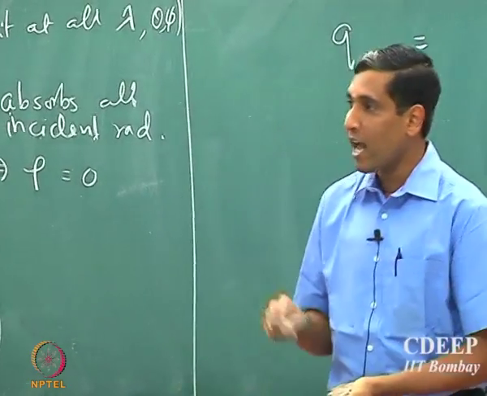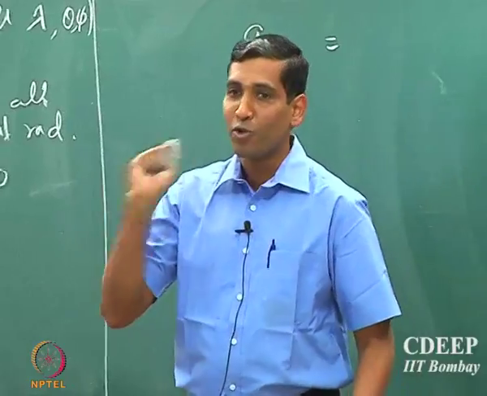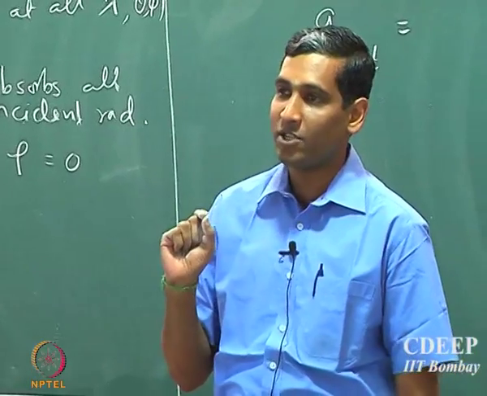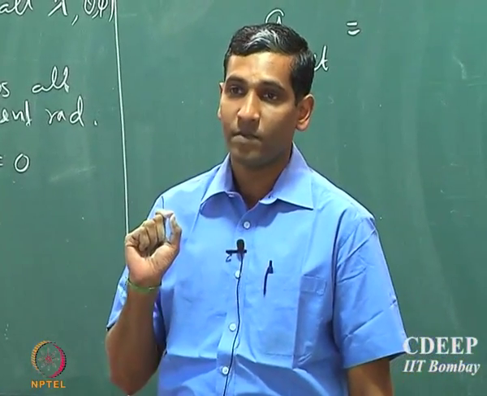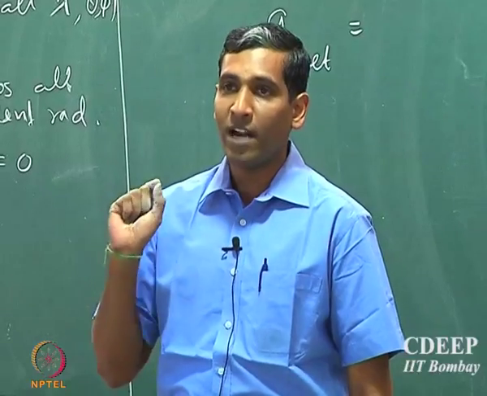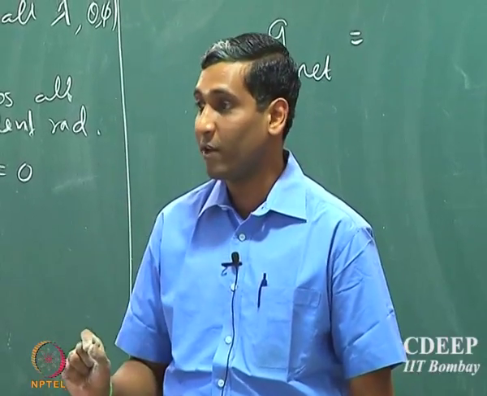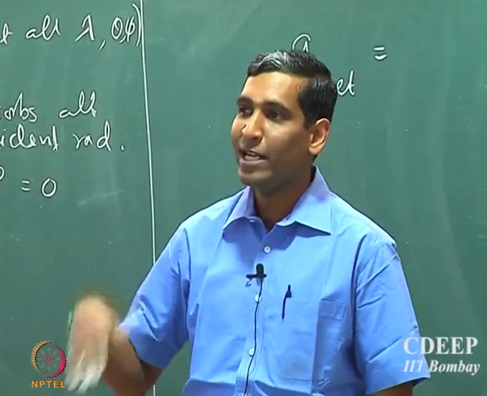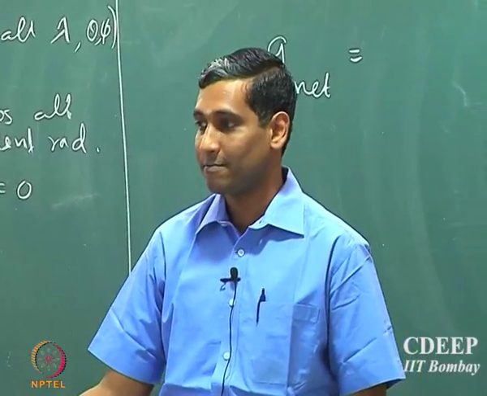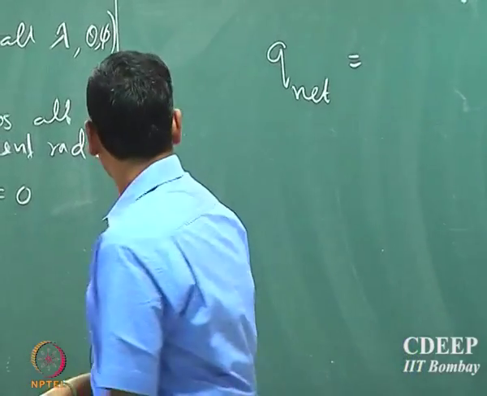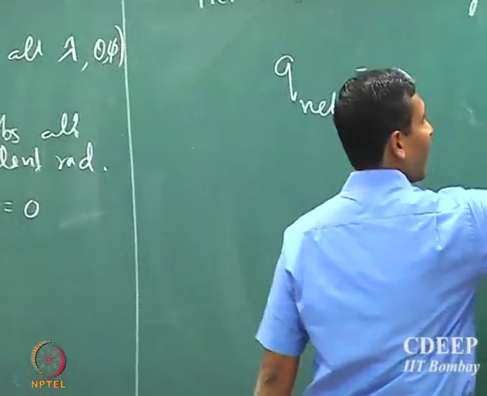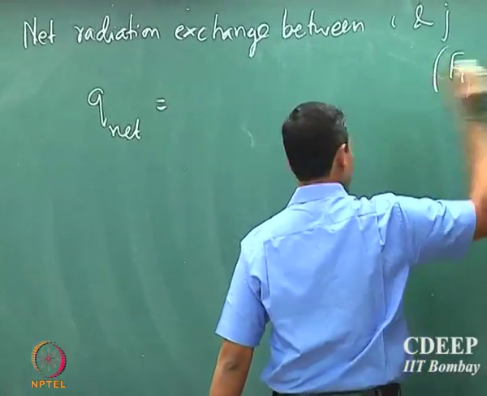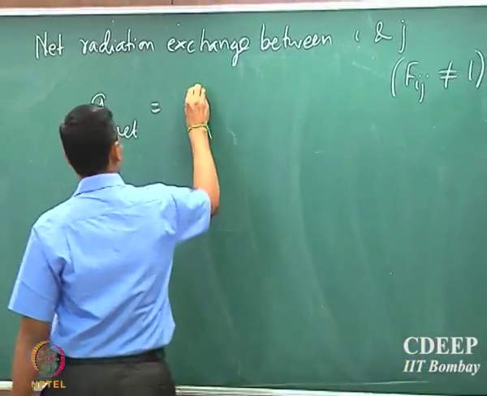So remember that in last lecture we said that one of the crucial properties that you need to find out if you want to calculate radiation exchange is the view factor. You cannot assume that view factor is 1 between any two surfaces. This is the fundamental underlying assumption that went into all the calculations you have done so far. Okay. So the first observation is that Fij is not equal to 1. Okay. So therefore,